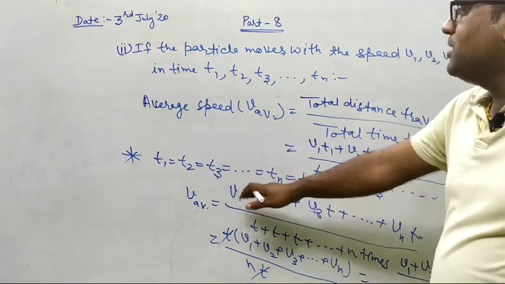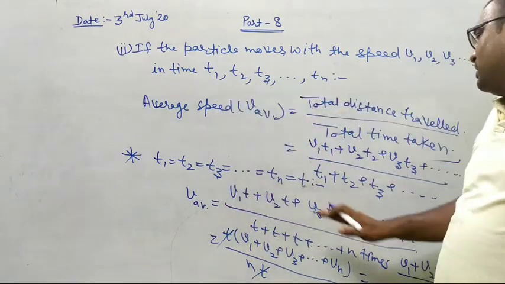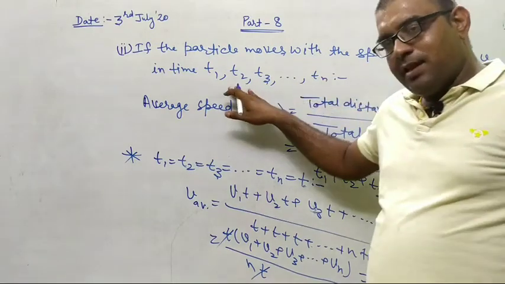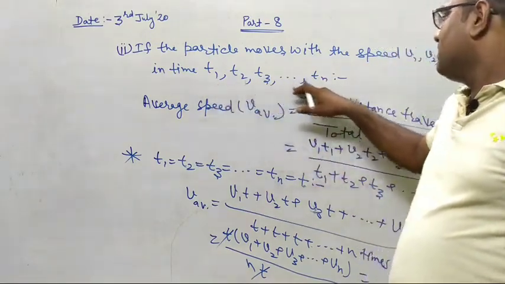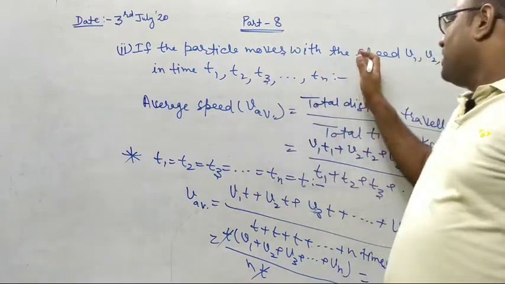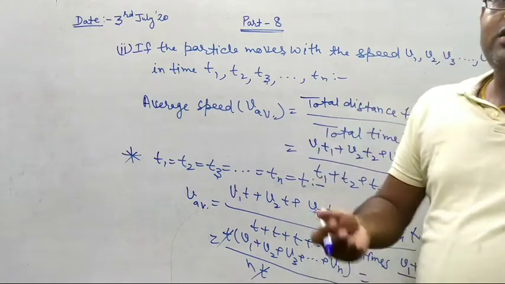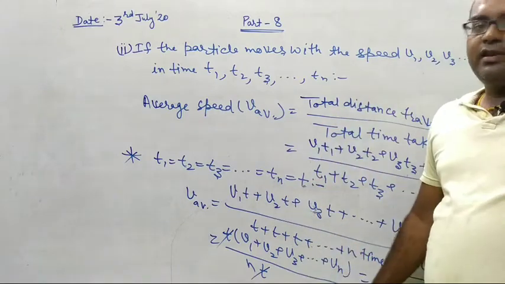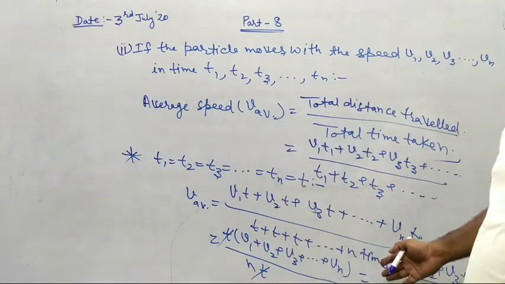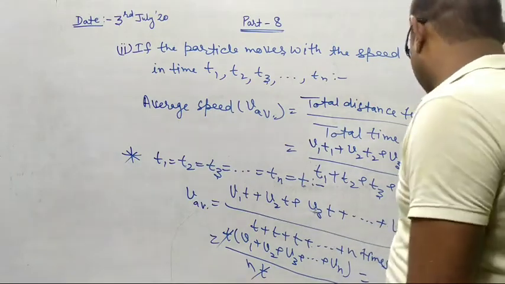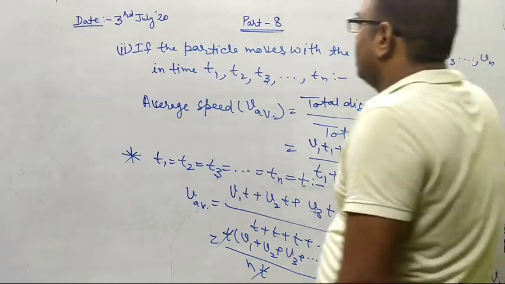In this case, only in this case, if the times are different then you have to add like this, but if the times are the same, in the question if all the times given are the same for different velocities, then in that case we generally opt for the average velocity, that is v1 plus v2 plus v3 divided by the number of velocities. You can write like this: